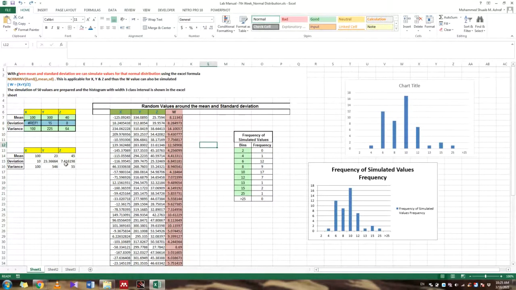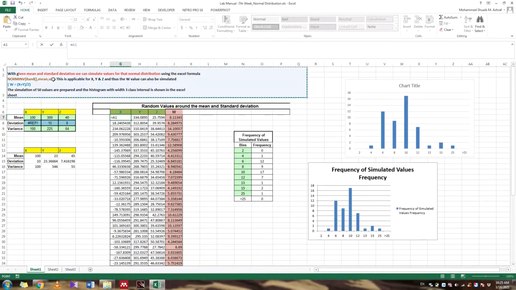So after calculating this, you will go for x, y, z. In place of x, y, z, for calculating x, this is the formula. This formula is also available in the question. See here: normal, interval, random, mean, deviation. Mean is this.